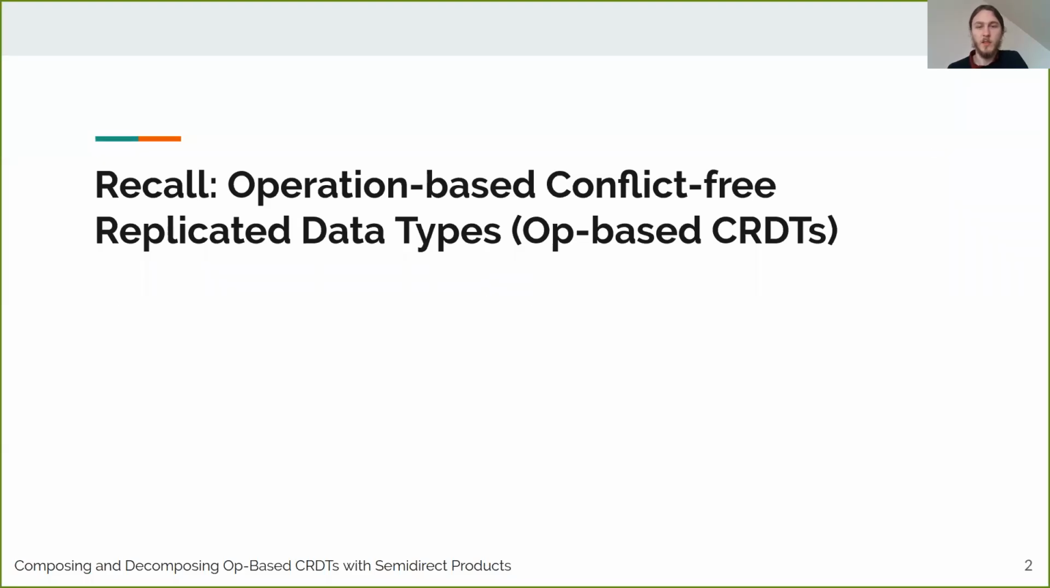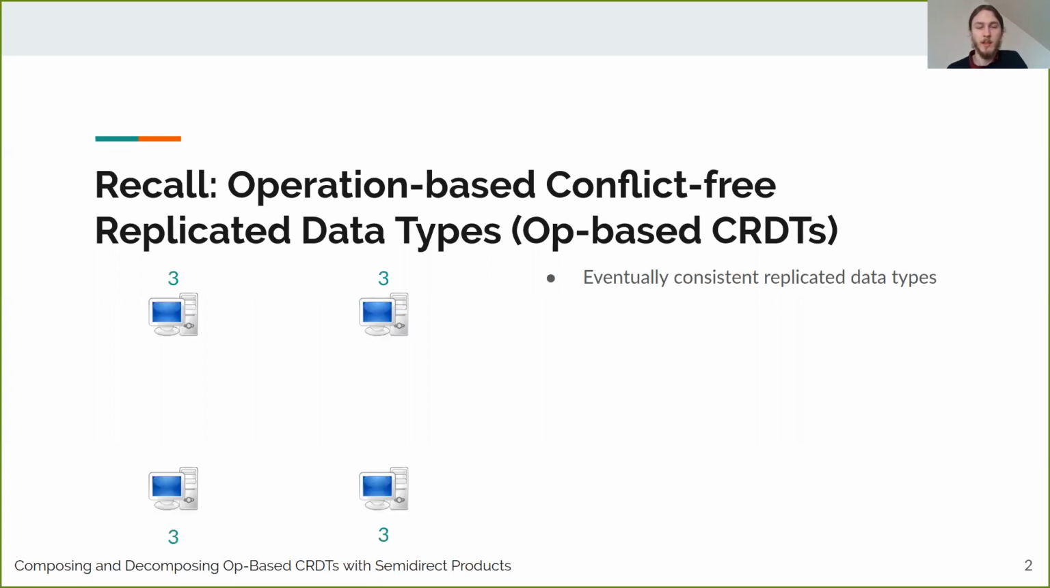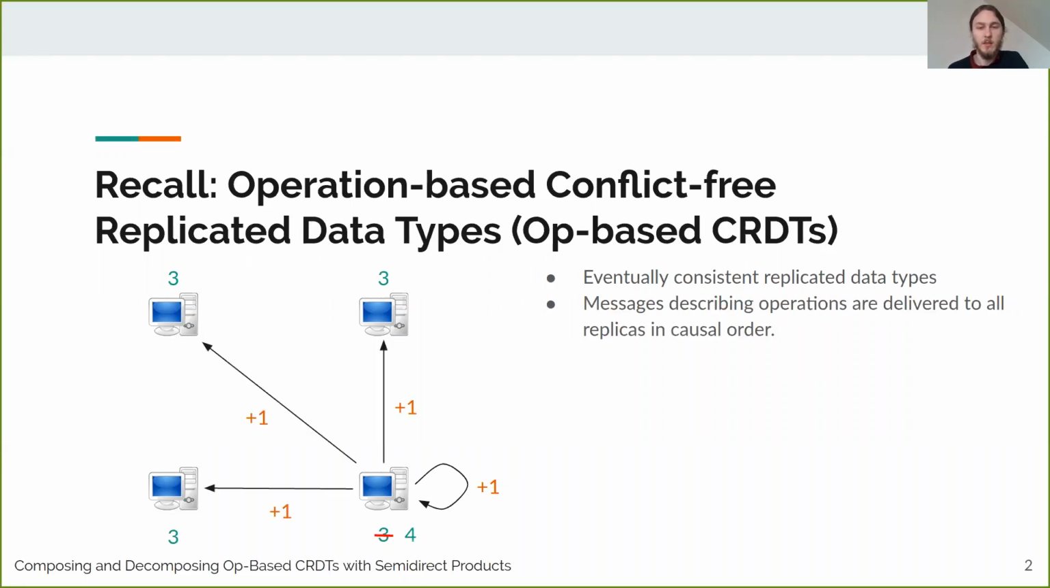To start off, I want to briefly recap op-based CRDTs. These are eventually consistent replicated data types where you have a group of replicas that maintain copies of some shared state, such as maybe an ad counter. Replicas can update their own copies of the shared state at any time without coordination. They then send messages describing these operations to other replicas, and these messages are assumed to be delivered in causal